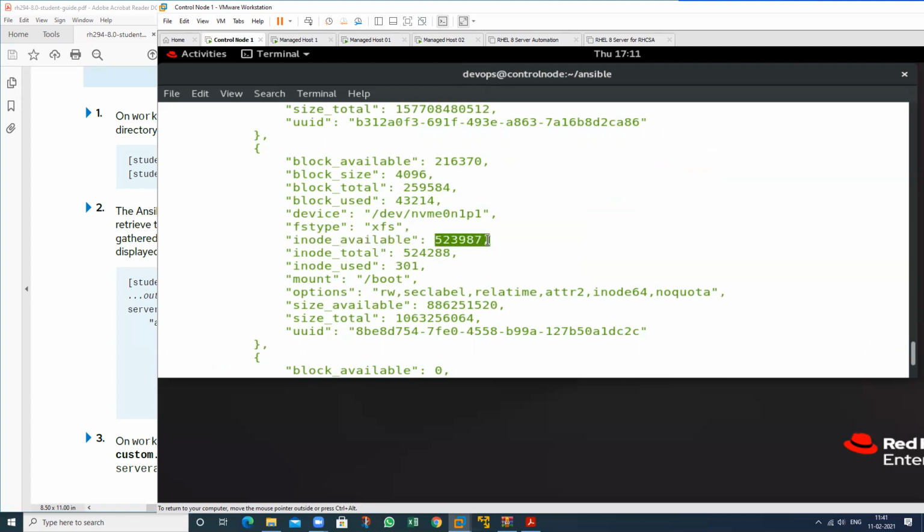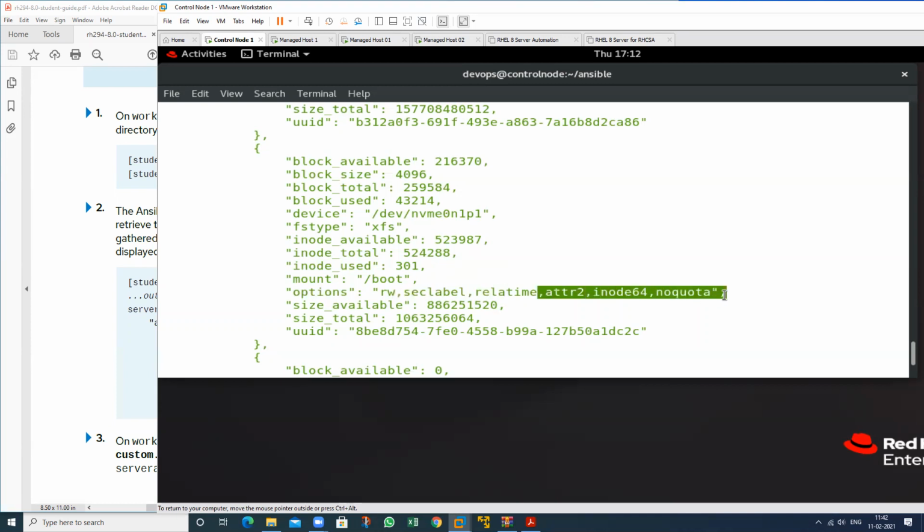Inodes available. How many inodes do we have in total? If I create a file like this, these are the total inodes. How many inodes are we using? 301. This one is the total, and this one is the mount point. So you can see this whole information: total inodes, total used, options, read write.